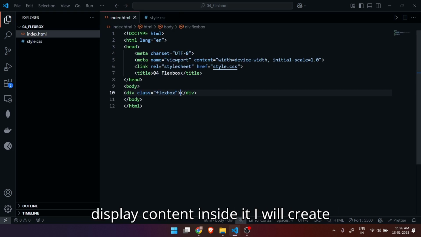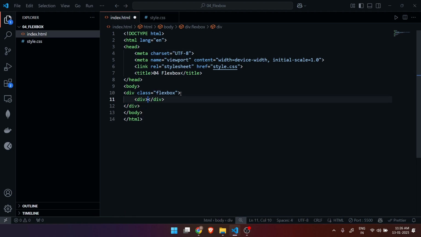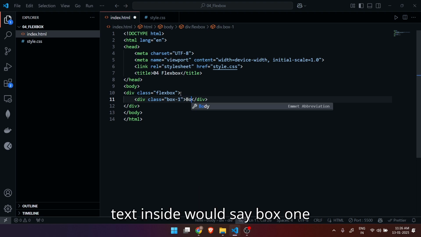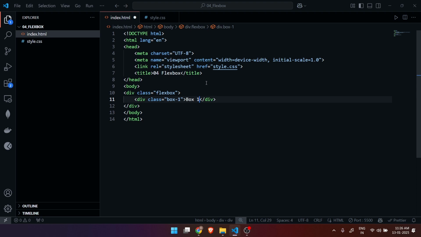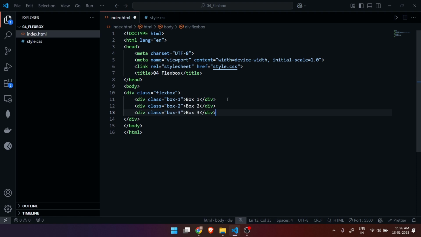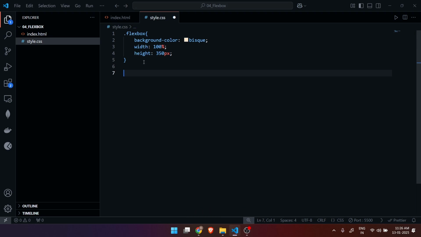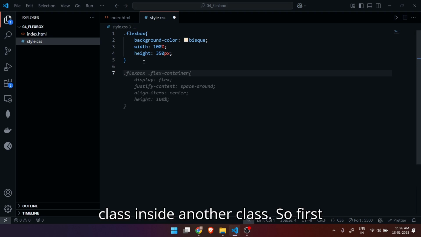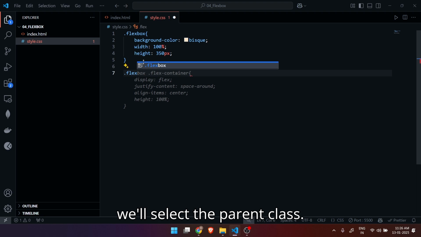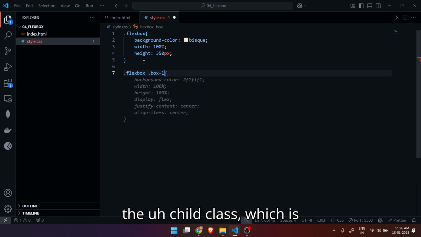Now to display content inside it, I will create three divs. Let's give it a class of box1, and the text inside would say box1. Let's create two more, and here I will show you one new way to select a class inside another class. So first we'll select the parent class. Here it is Flexbox, and then we'll select the child class, which is box1,